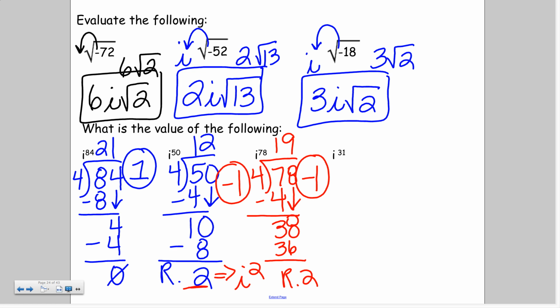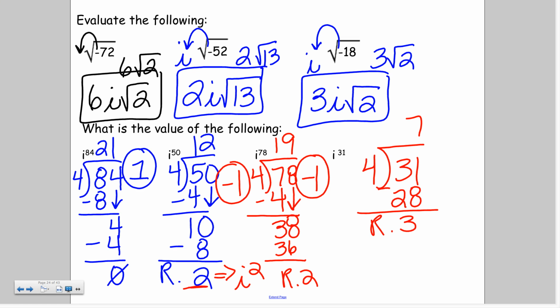Alright, last one. i to the 31st. 31 divided by 4. 4 can't go into 3. 4 can go into 31 7 times. 4 times 7 is 28. 31 minus 28 is 3. So I have a remainder of 3, which means I want to look at i cubed. And i cubed, we found out, is negative